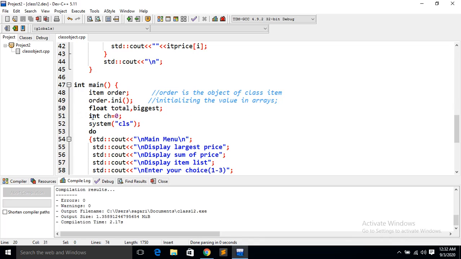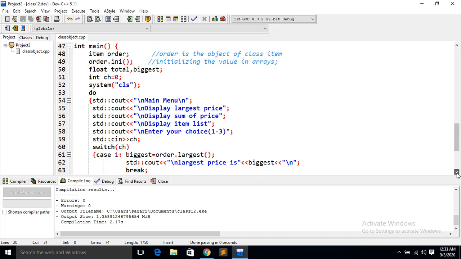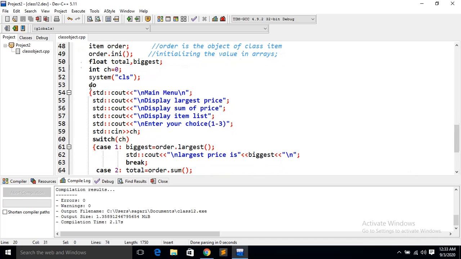So now next you see two variables I have created in the main program, and we have initialized the choice equal to 0. You know what the function of this is, that means it will clear the screen before executing. So here I have started the loop. That means it will continue until I wish to exit from the program after entering the values.